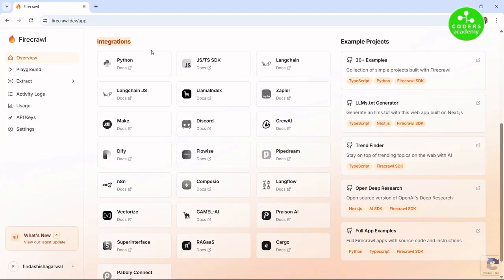So instead of just grabbing the raw HTML, it can extract the structured data, summarize the content, and even interpret complex web layouts all automatically. Not just that, Firecrawl provides you easy integration in Python and Node.js, with you writing few lines of code. It provides you off-the-shelf integration with some of the other platforms like N8N, Make, Zapier, and many more. So whether you're building search engines, monitoring your competitors, or fueling your next AI project, Firecrawl puts the entire web